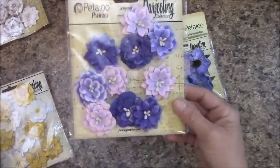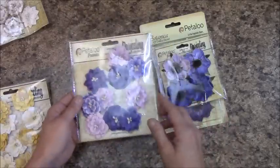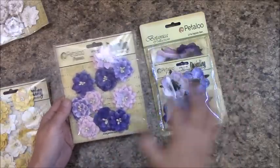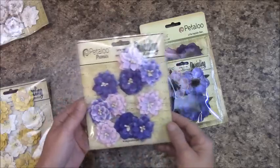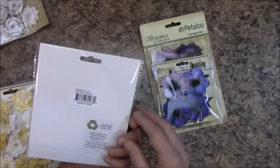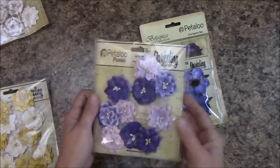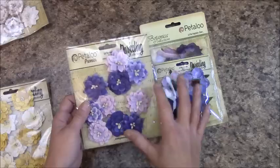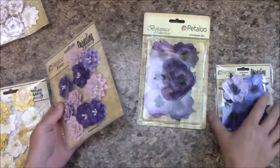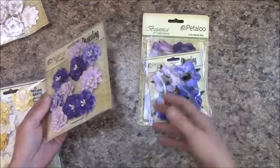This is also a nice color pack, and I'm not sure if these are coming up looking blue or what, but these are a darker purple in through here. This pack as well, and this is just the dahlias, and they're purple. And these will look really good for smaller flowers to complement larger flowers on the cover and throughout the inside